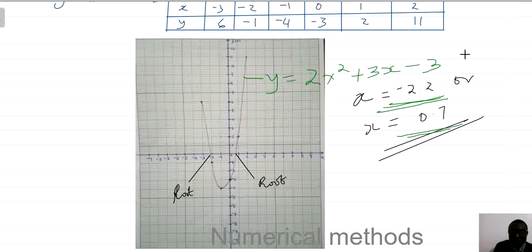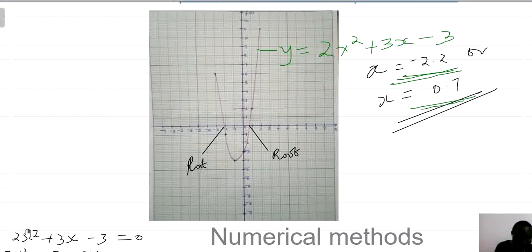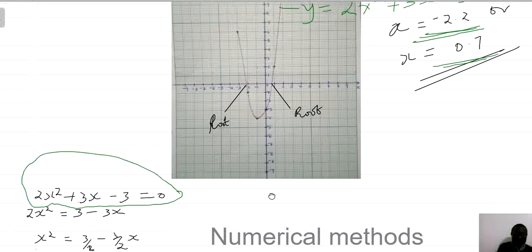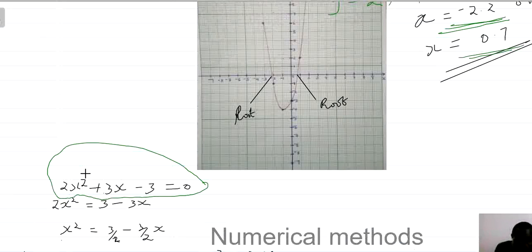Now when it came to the two graph method, we said that we shall split the given equation. This here is the given equation, and we have to split it into two parts. That's the next step. So let's move down and see how we can do that. Here is the equation, taking 3x minus 3 to the right hand side of the equal sign. It is positive here, it becomes negative when it crosses. This becomes positive, that's why we have this. And now dividing both sides by 2,